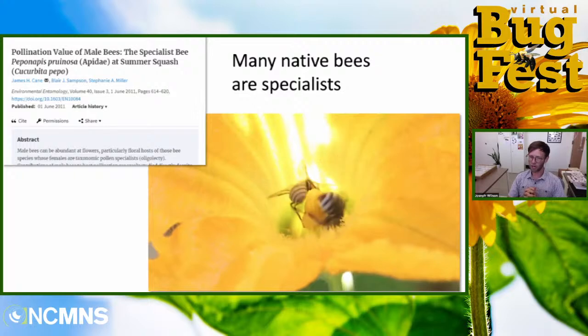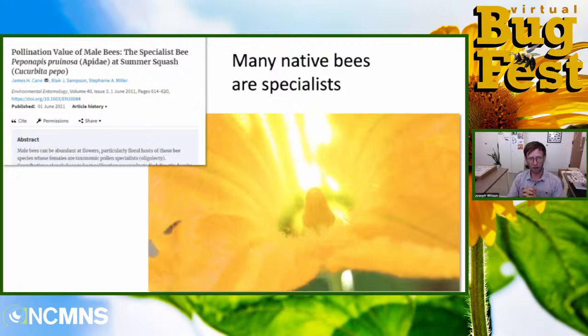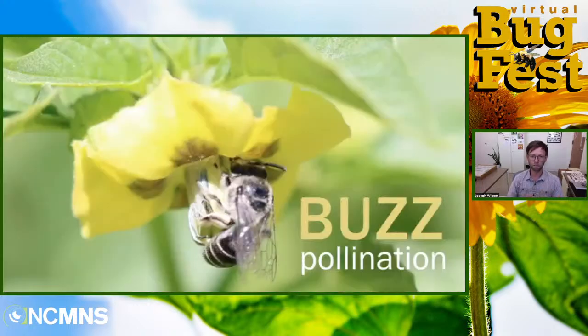Notice the male bee doesn't take the time to groom himself before he goes searching for other bees and other flowers. And so this study on the left here that I'm highlighting suggests that male bees actually do a lot of the pollination in squash flowers because they move from flower to flower as they're looking for females, and they don't groom themselves as much in between flower visits. So squash bees are really important for our pumpkin pollination. When you're eating pumpkin pie, think of the squash bees.